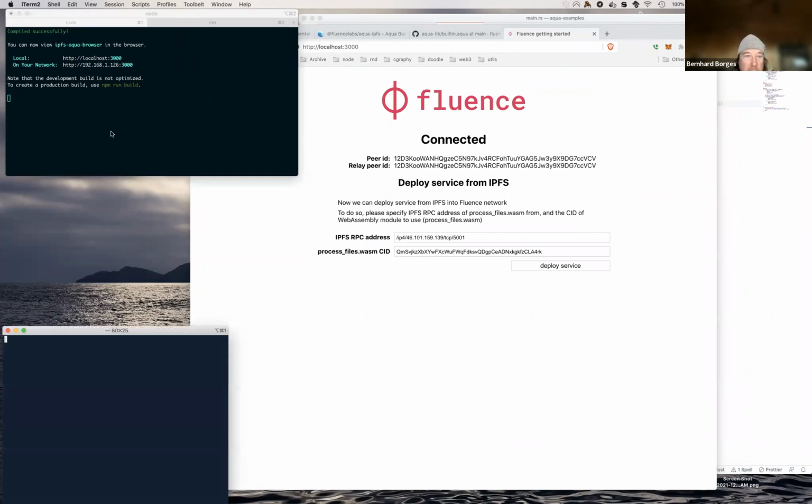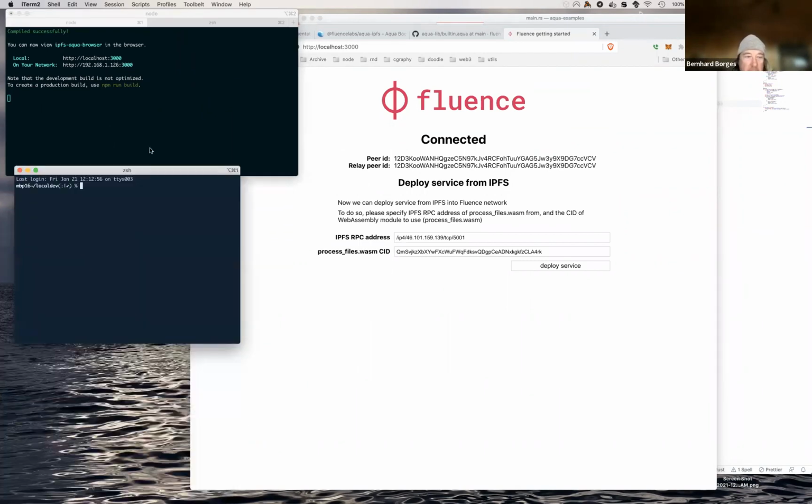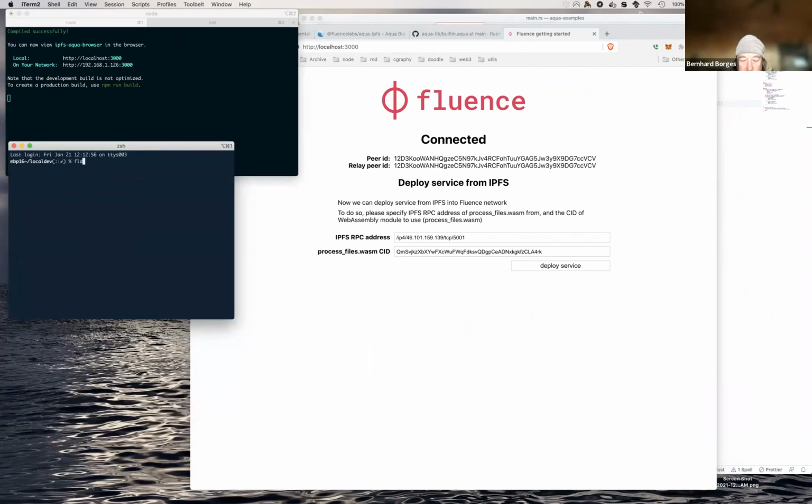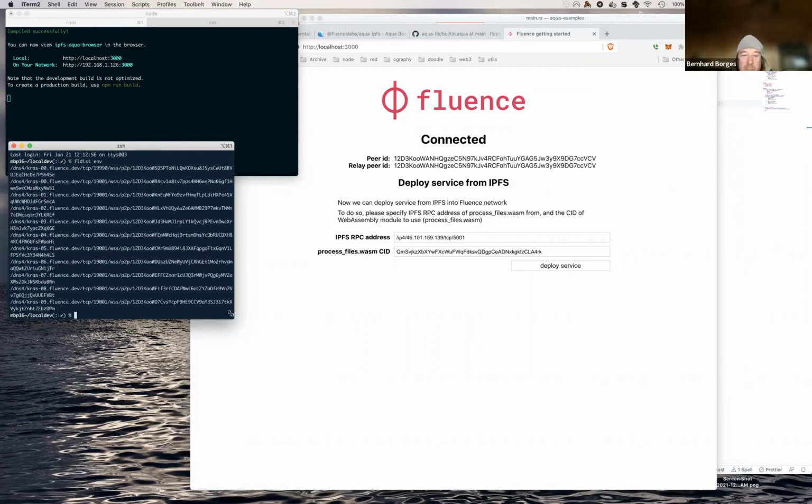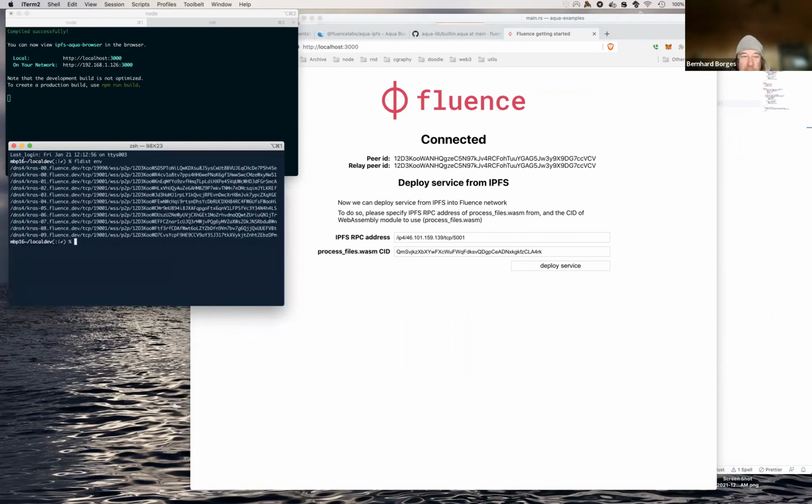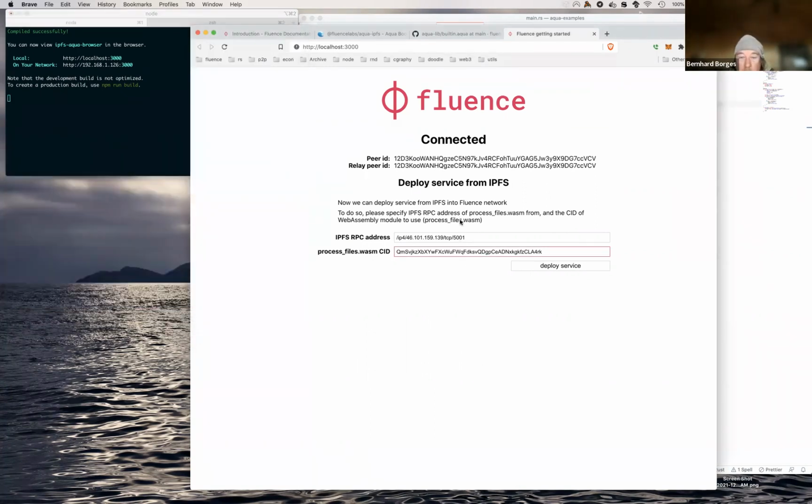And if you look, this is part of the Fluence test network. So it's one of those peers that are out there that comprise one of the test networks. That's it. And with that node, we get the IP address, the RPC address of the IPFS. So in order to deploy that WebAssembly module as a service to any one node out there, or any node, or all the nodes, whichever ones you want, we want to first save